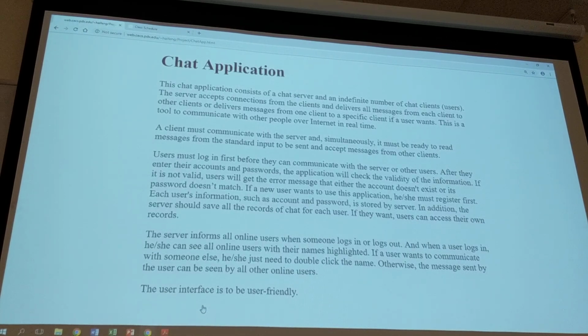You mentioned that we should double click the name in the friend list. Is it possible to do that when we run the Java code in an IDE?